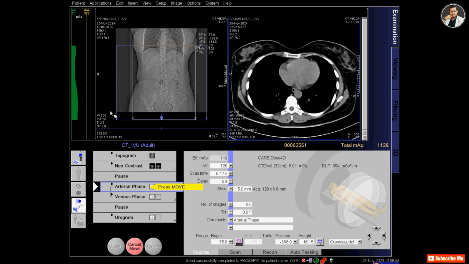Arterial phase is normally taken just after the contrast is injected, or 20 to 25 seconds post contrast. And this arterial phase gives you a nephrogenic phase of the kidneys.